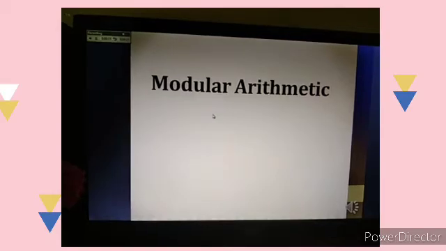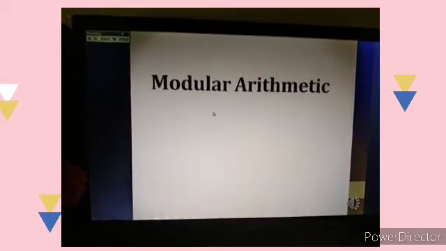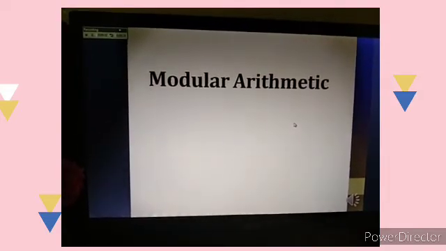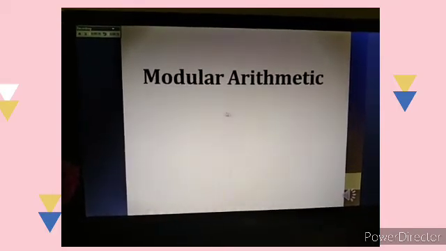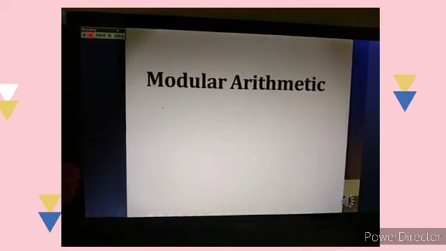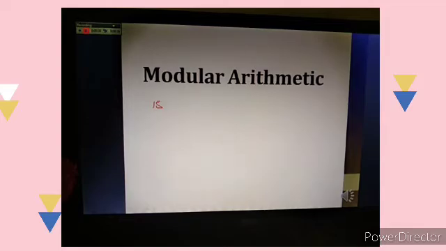Modular arithmetic, a little bit of introduction. It involves division and time. In case you don't know what division is, or you forgot, let's do a little bit of recap. So division is like this: 15 divided by